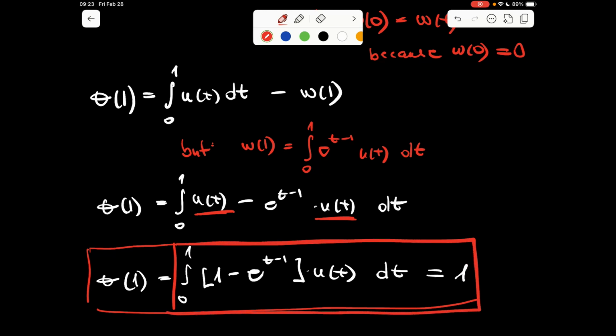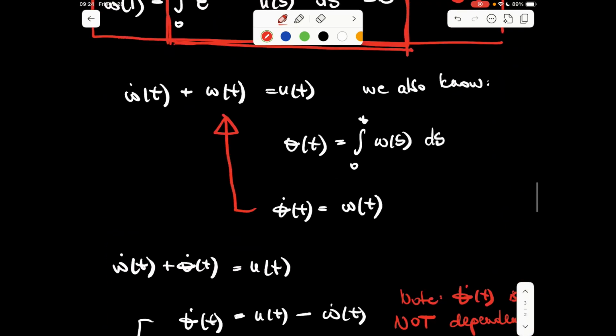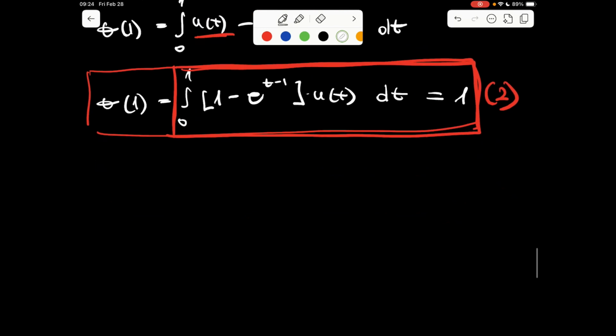And this is the second restriction. It was equation restriction 1. It is equation 2, or restriction 2. So, to be clear, the restrictions